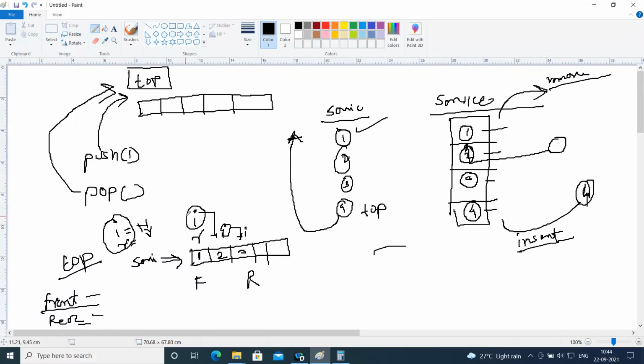Let's say person 1 enters the queue and person 2 enters the queue. You are removing the first person, and then after serving the first person, you will serve the second person. Let's say there is a third person also. After serving the second, you will serve the third. So what kind of memory is a stack?